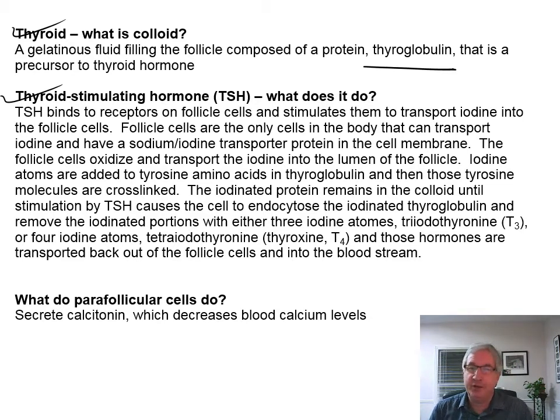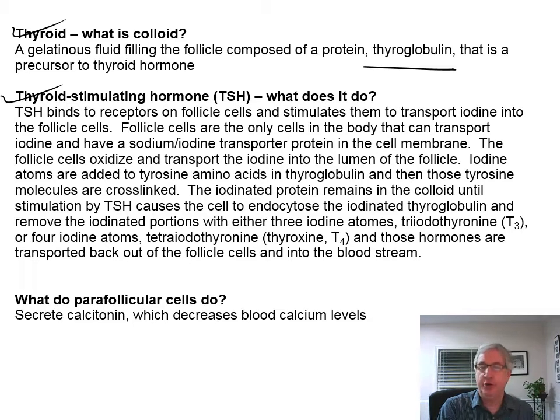Well, it binds to receptors on follicle cells. It stimulates them to transport iodine into the follicle cells. Follicle cells are the only cells in the body that can transport iodine. They have a sodium iodine transporter in them, and so iodine can be brought into the cell. And then iodine atoms are oxidized, and then those iodine atoms are spit back out of the cell into the colloid mixture, and those iodine atoms